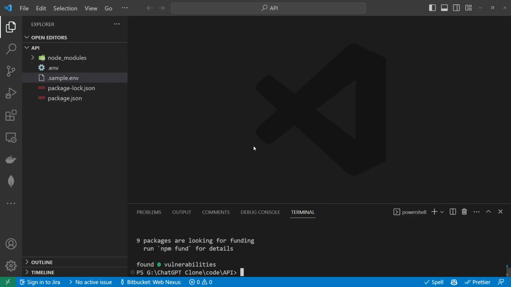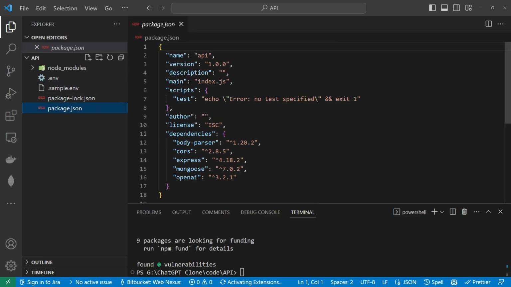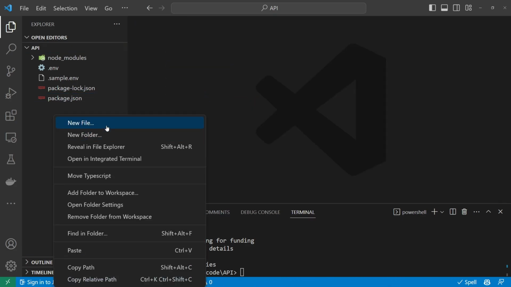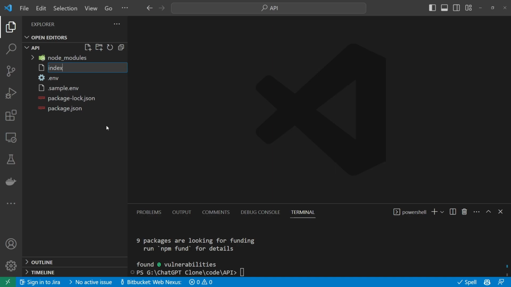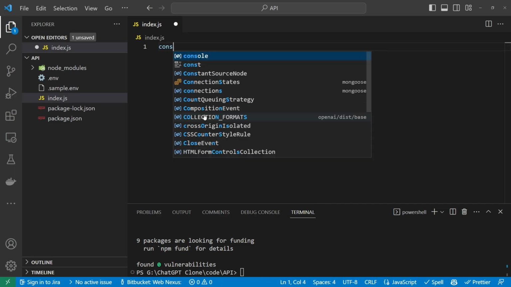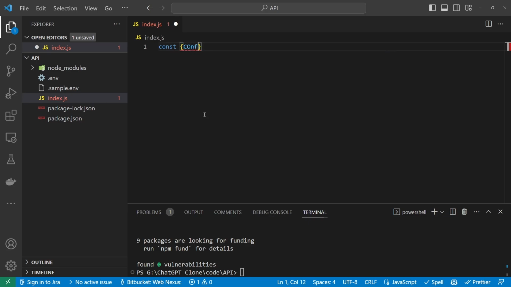We hit enter. Okay, so once those are installed, we can check in our package.json file and we can see that they've all installed here. So let's now create an index.js file. This is where all of our main content's going to go. So we're going to import a few things here. So let's first of all import OpenAI. So const, and we're going to import Configuration and OpenAIApi, just lowercase pi. And that will be from require